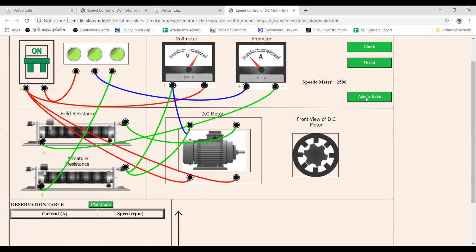So you click here on add to table. So automatically here the table will be generated. Current in ampere is written as 0.1 and speed is 2500. So 0.1 ampere is the current and speedometer is showing 2500. So these readings are noted. Then I'll